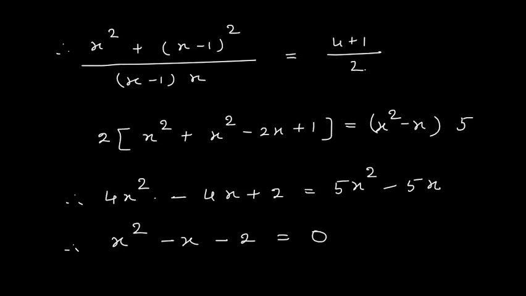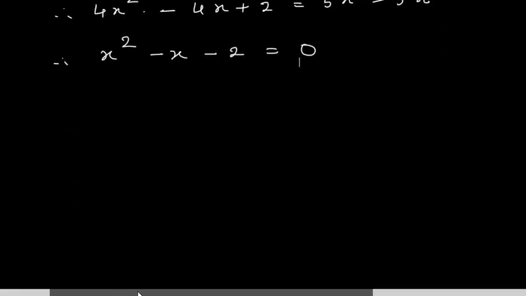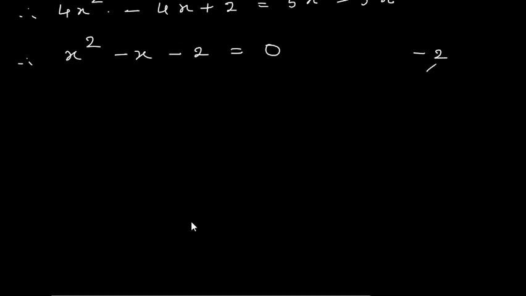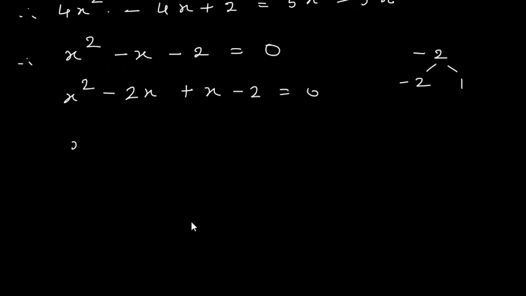So x square minus x minus 2 is on the right hand side and the left hand side is 0, so we can flip. Okay, we can write the terms on the right hand side to the left hand side. You should also be able to do this kind of flip. Now for minus 2 you have to take 2 factors, again it is 1 less and here the sign is negative, so this is minus 2 and this is plus 1. So here you will get x square minus 2x plus x minus 2 is equal to 0. What do you take common? We take x common, here it is x minus 2, plus we will take 1, here it is x minus 2 equal to 0.